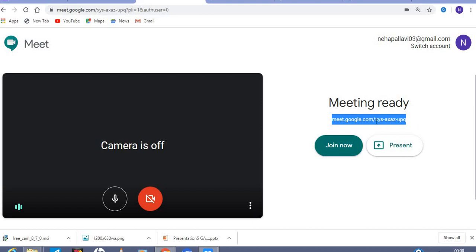Either you can copy it here and mail it to your students, or if you simply want to text them, you can select it and send it to your students in a text message or WhatsApp message, whatever you like. What they have to do is click over join meeting code, type it there and they can join the meeting.